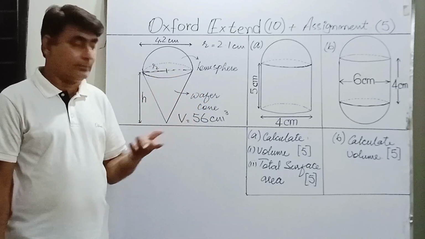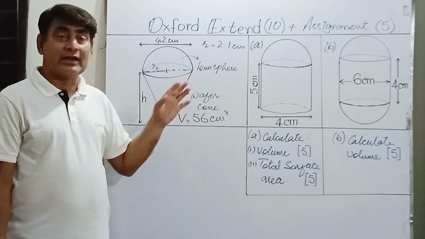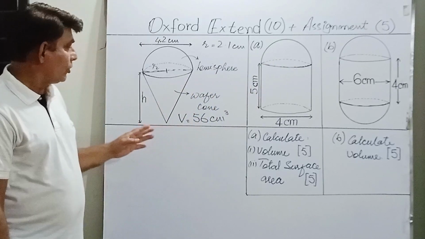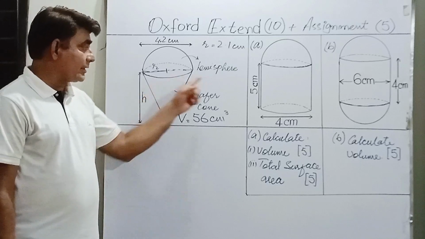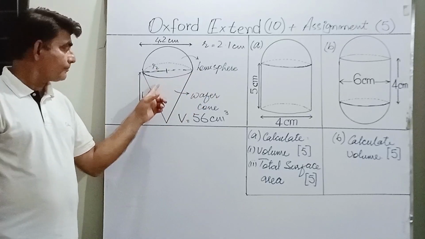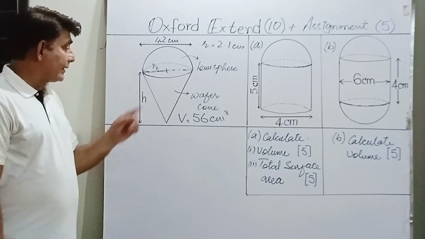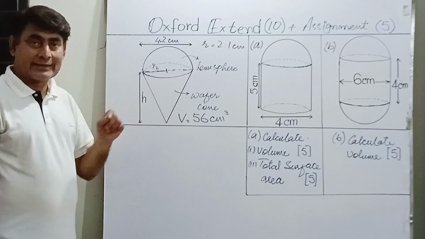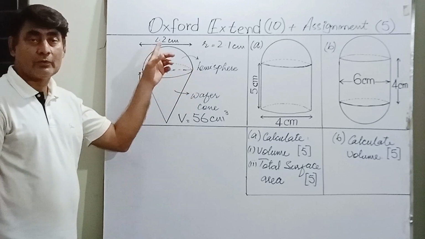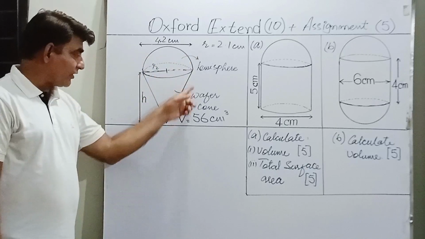Now I consider these three questions from 7th edition, book 2, chapter number 12, and this is the review exercise. Now this is question number 14. A cone we are given and it is filled by ice cream. So a hemisphere in the shape of ice cream is outside the cone. So a wafer cone we are given